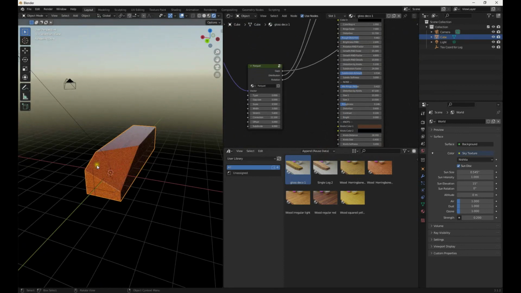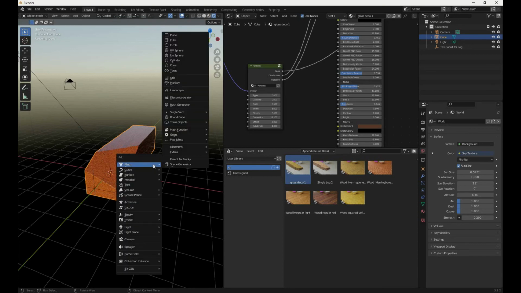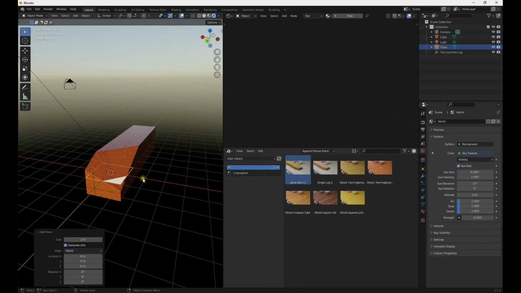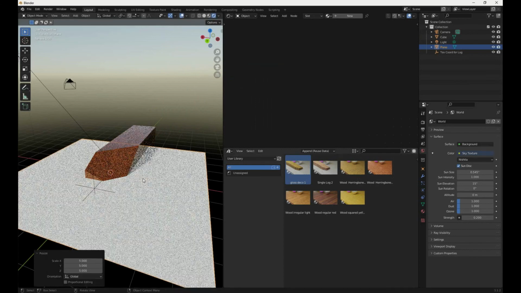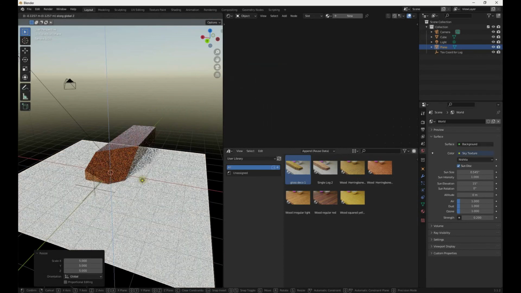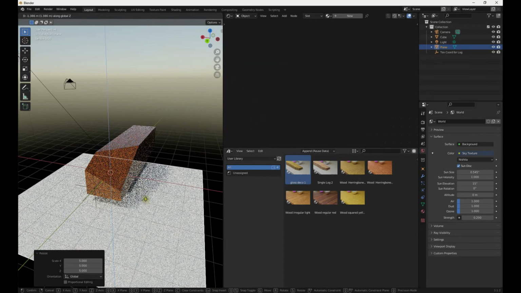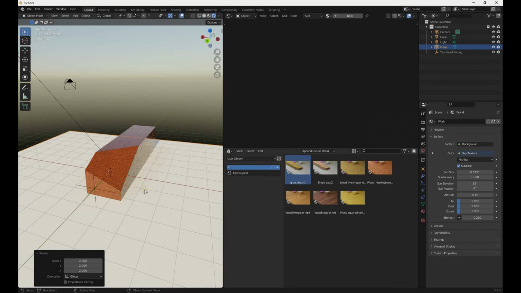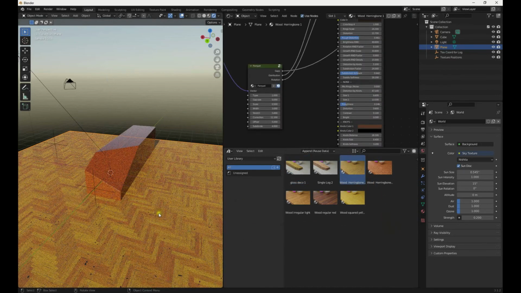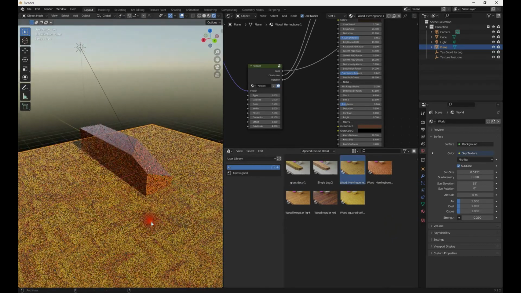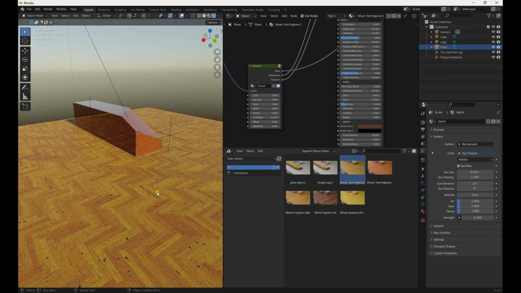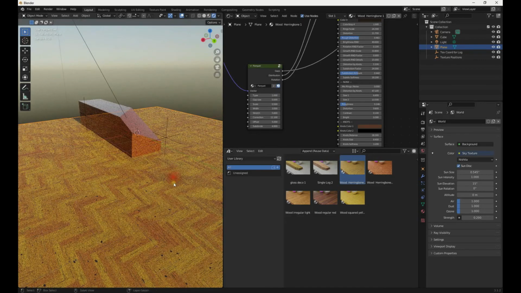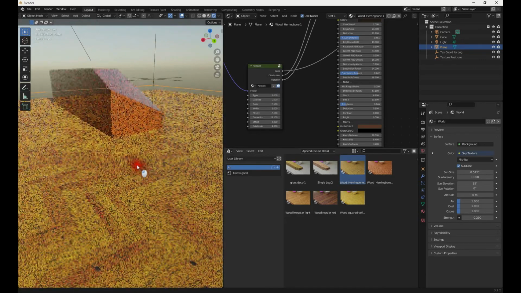Now our box, our cut box, has to have a ground to stand on. So I create a new plane, scale it, move it a bit down so that our box is standing on our plane, even bigger. And then we throw one of the other materials, like let's take this herringbone onto it. Okay, fine. So we have our Parquet wood here,